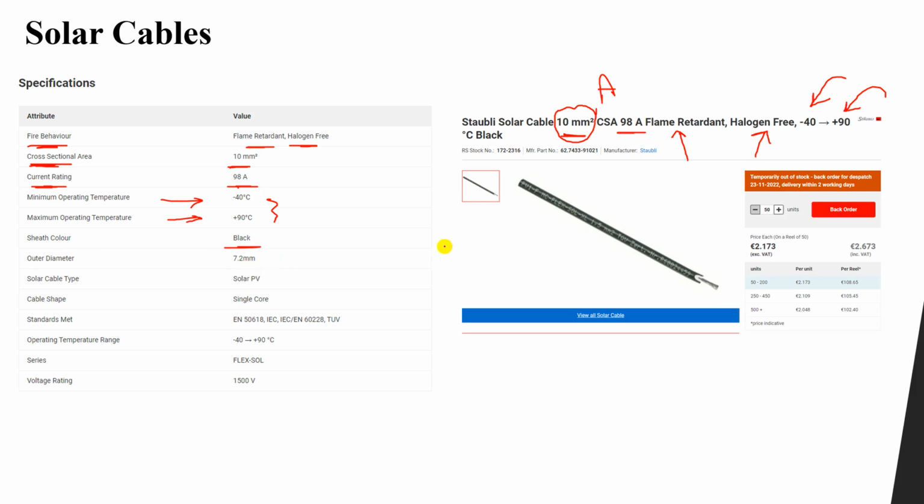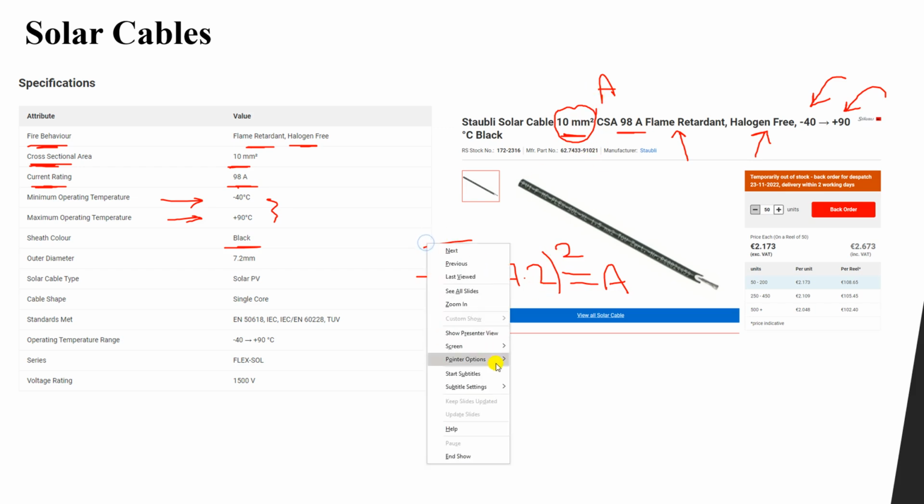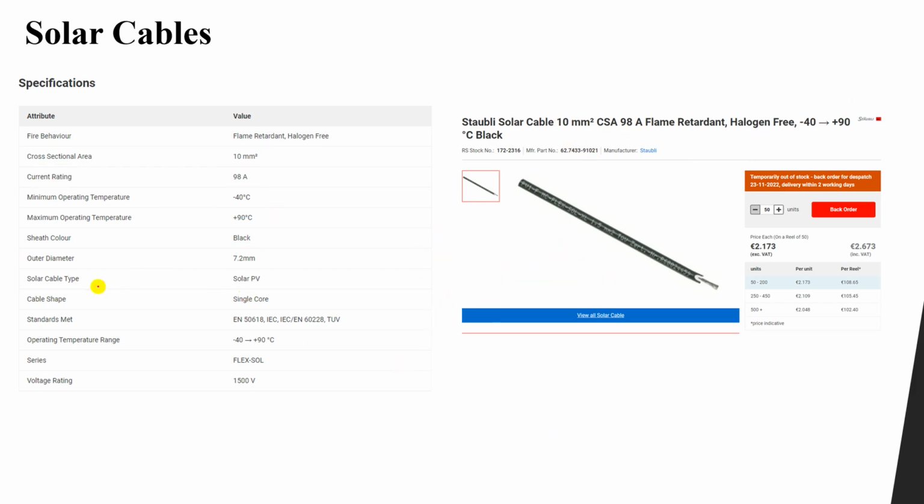So if you multiply pi over 4 by 7.2 squared, you get the area, which is equal to pi over 4 d squared, you will get 10 millimeter squared. Okay, now you will find that solar cable type, it is a solar PV cable shape. It is a single core cable, one representing one core or one phase, and this one met the standards of